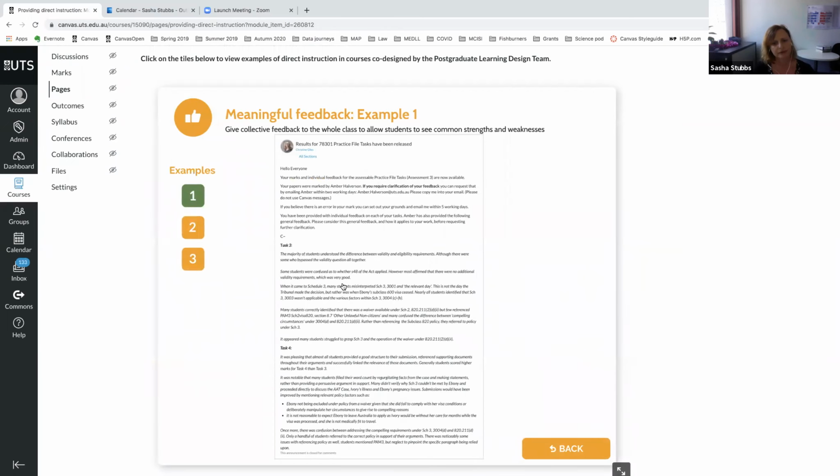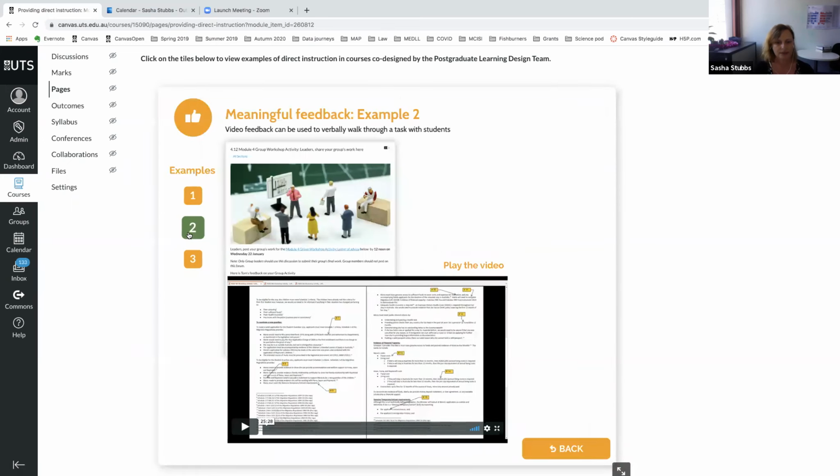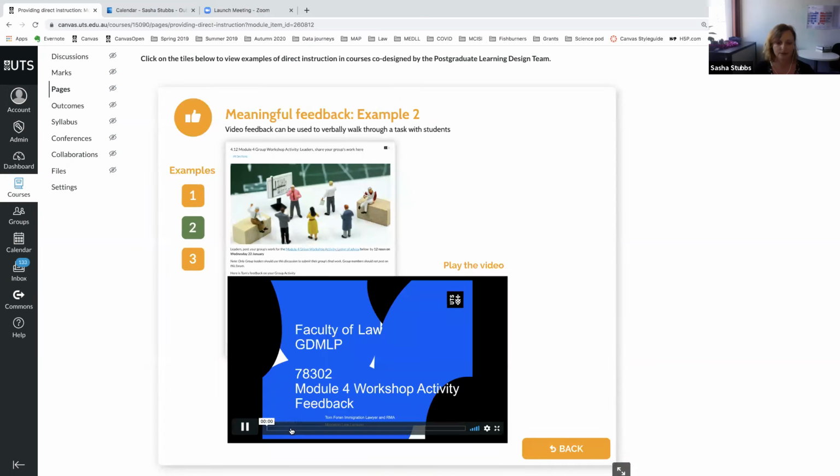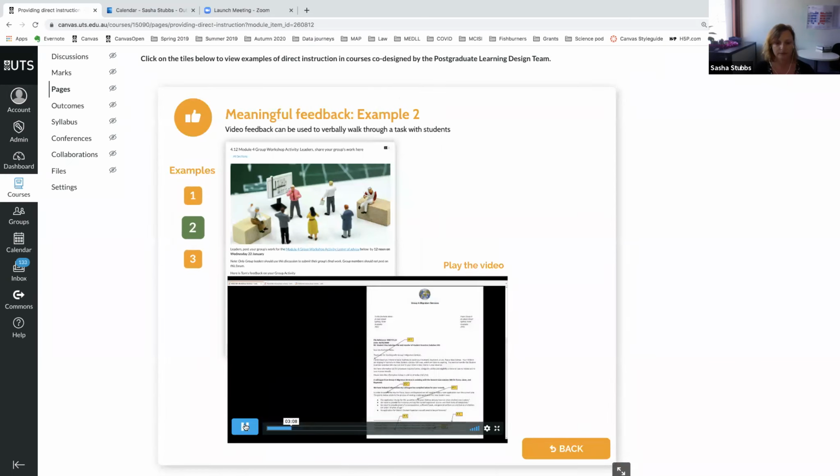So this is an example from migration law where she's giving group feedback. So this is really helpful. It's a summary of how they went in the task and the kind of common strengths and weaknesses. So that goes to everybody. But on top of that, this is an example where an academic is just doing a little screencast where he's going through some submitted work and giving feedback on it. So that's a really lovely way of